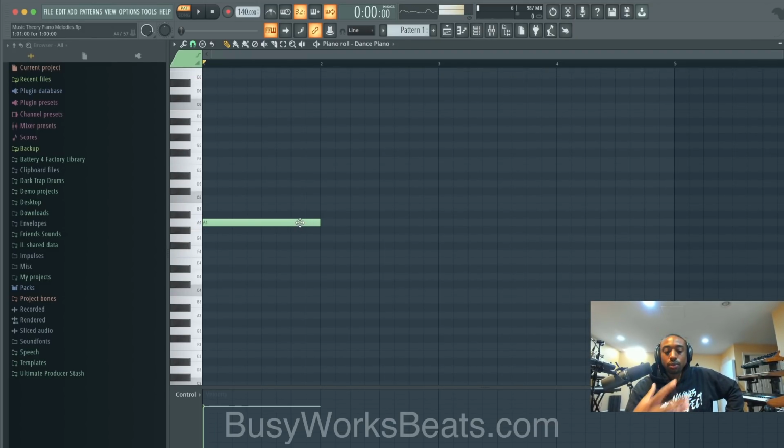So a lot of people don't have realistic piano melodies because they play them like this. Very jumpy. Whereas if you were to play with a sustain pedal, it would sound like this. It just has a different sound than those like let go notes. And most people don't understand that. So all you have to do to mimic that is just make the note long.